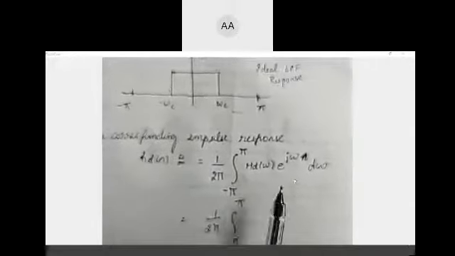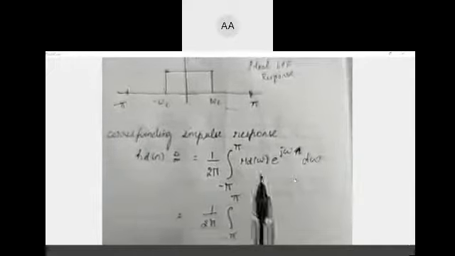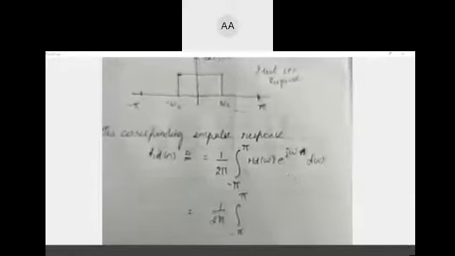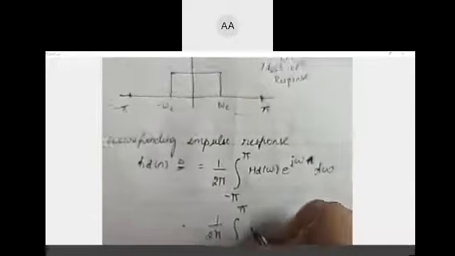The next thing you will do is h of n is the multiplication of a window function with this. Whichever window function, you choose it and multiply it along with this. Then you write the response based on the value of the capital N. That's all. In short, this is the procedure you will follow to design a filter. Very, very simple. So pay attention and do it. So Hd of omega means this is e power minus j omega alpha into e power j omega n d omega, right?